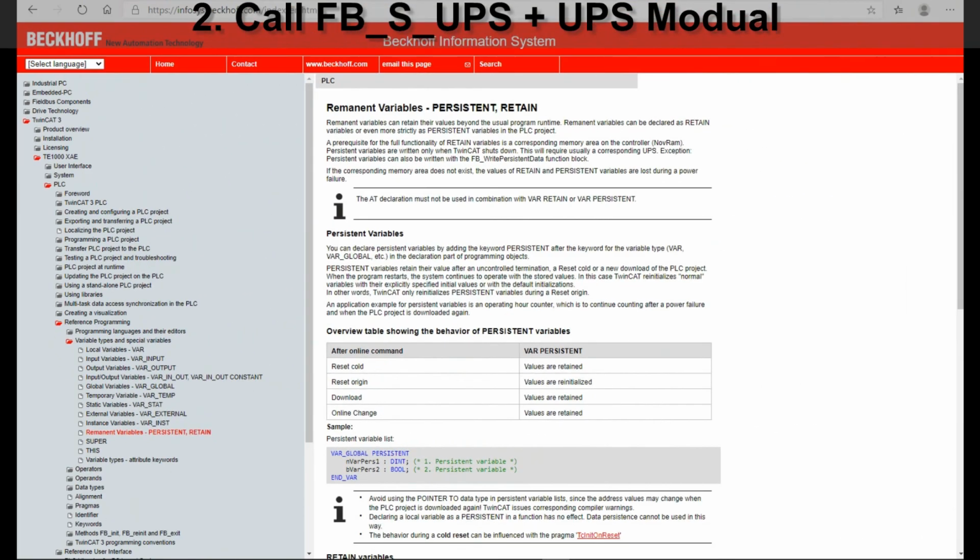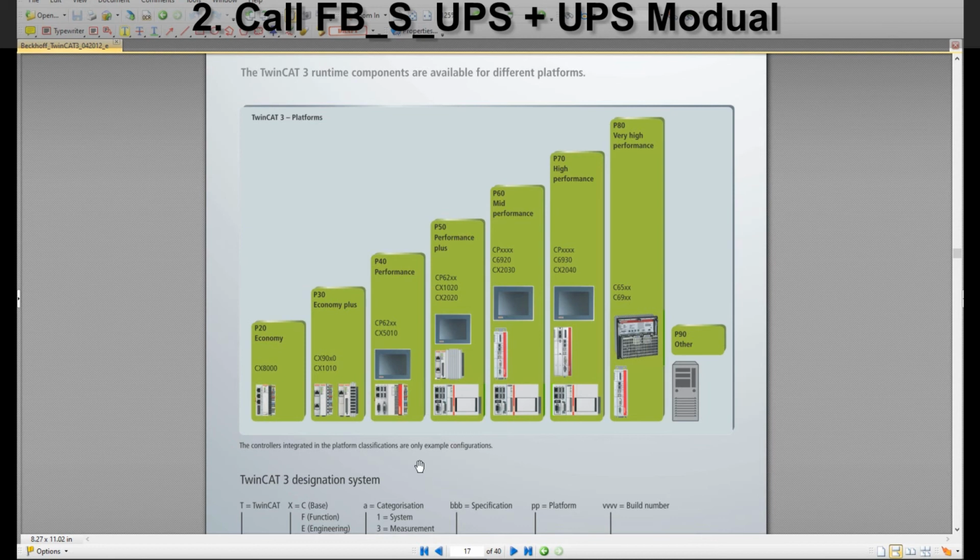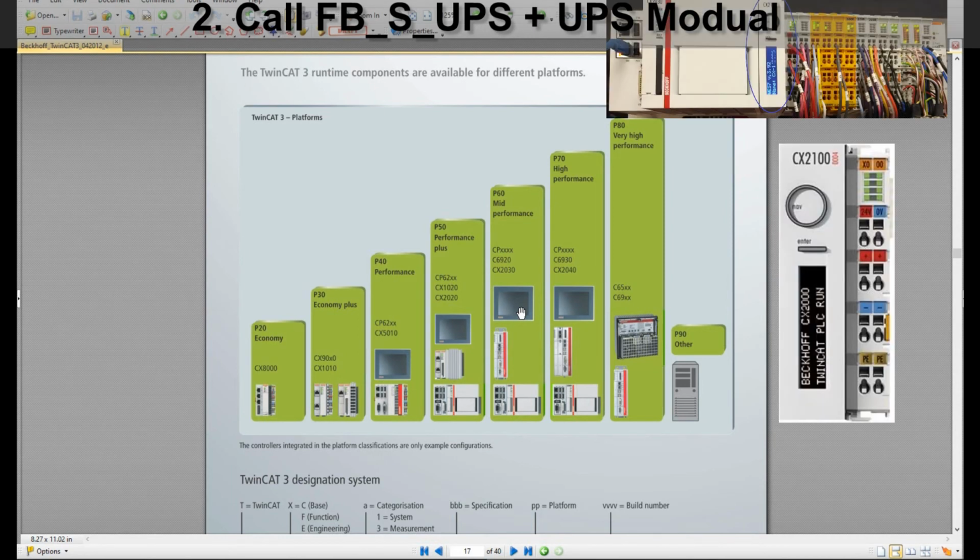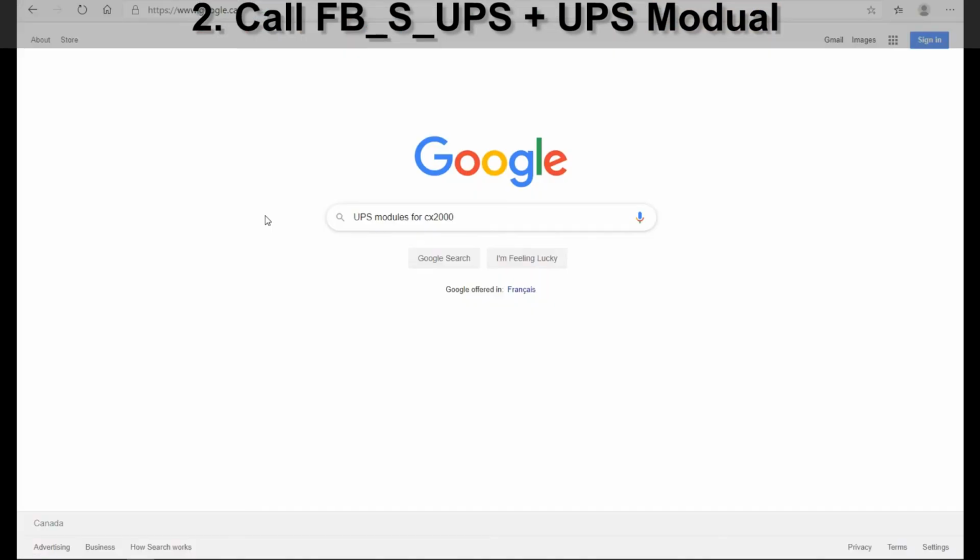The second way to save the data is to use the UPS inside the CX controller. As far as I know, the CX5000 series all have a built-in UPS. For the mainstream CX2000 series, you can purchase one add-on module, called a 1 second UPS module. If we type in UPS modules for CX2000,